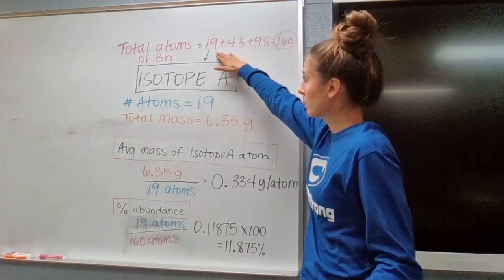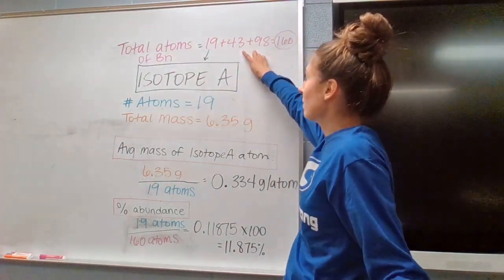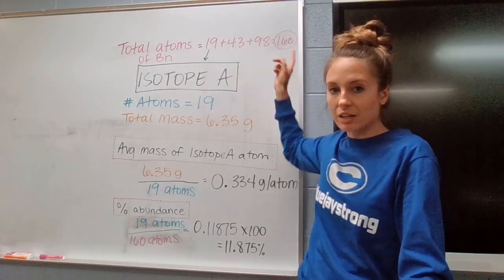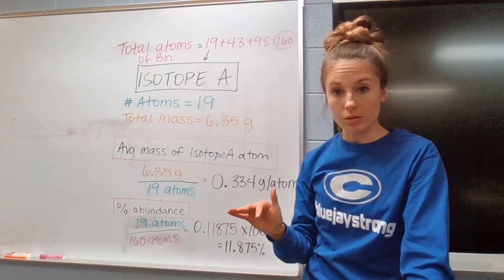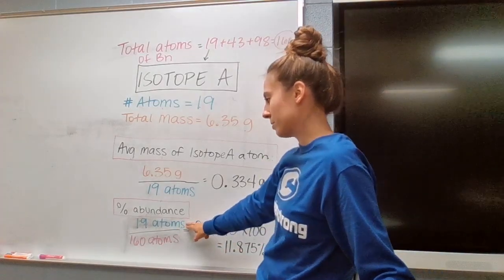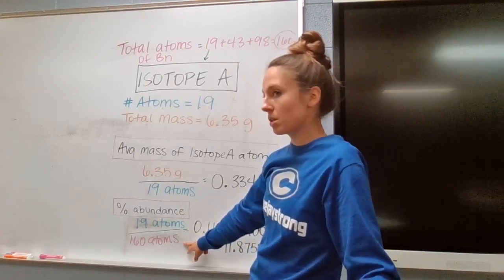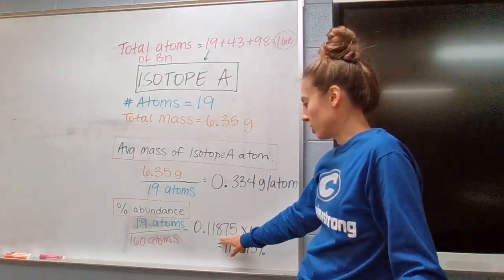So I added up 19 atoms for isotope A, 43 for isotope B, 98 for isotope C, for a total of 160 atoms of element Bn. So 19 atoms of isotope A divided by 160 atoms total of element Bn will get you